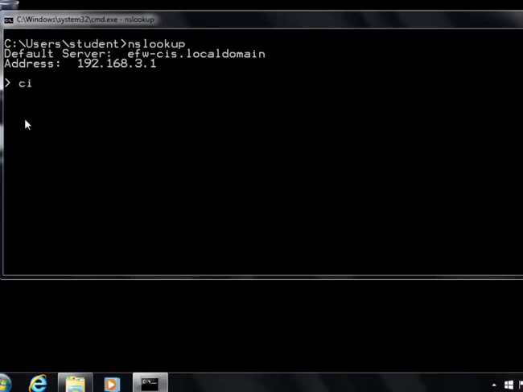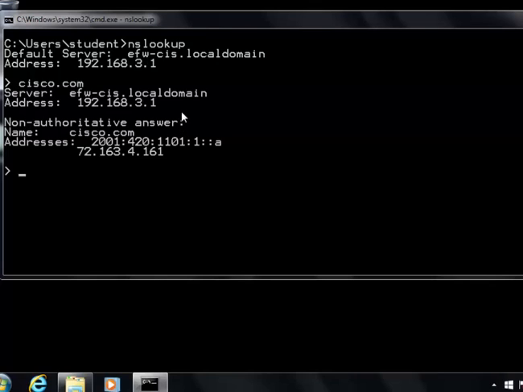For instance, I'll type in cisco.com and you can see that it resolves to two IP addresses, an IPv4 address 72.163.4.161, which we've seen before, but it also returned an IPv6 address at 2001:1101:1:A. Let's see if we can do a reverse lookup